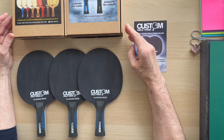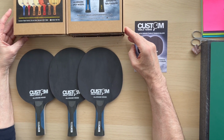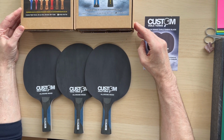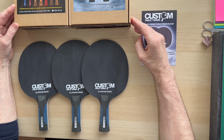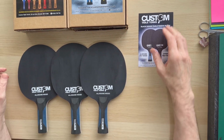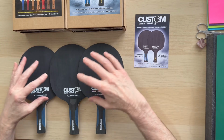Steve from Custom Table Tennis, and we're excited to bring you the Battle 2 bats, Friendship 729 Battle 2 and Hurricane 3 Neo bats. First of all, if I just start with the blades, I won't spend too much time